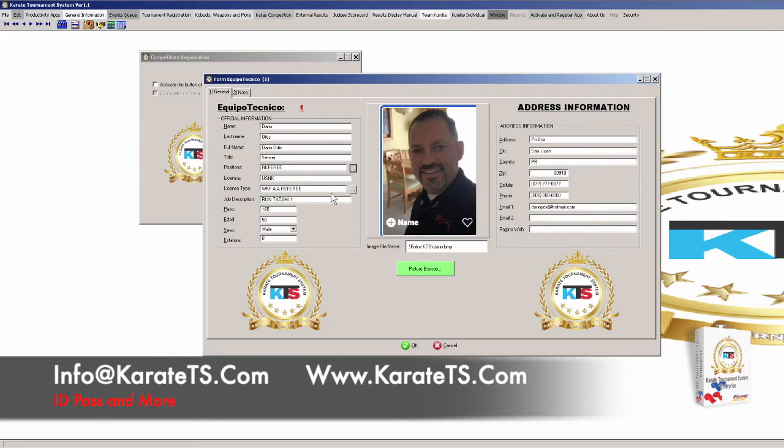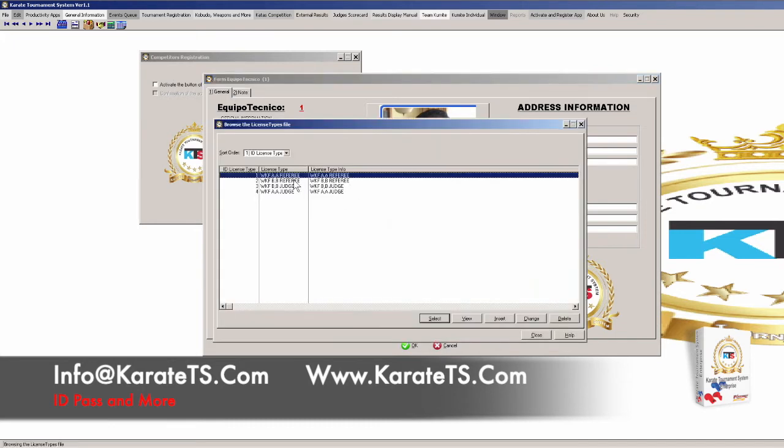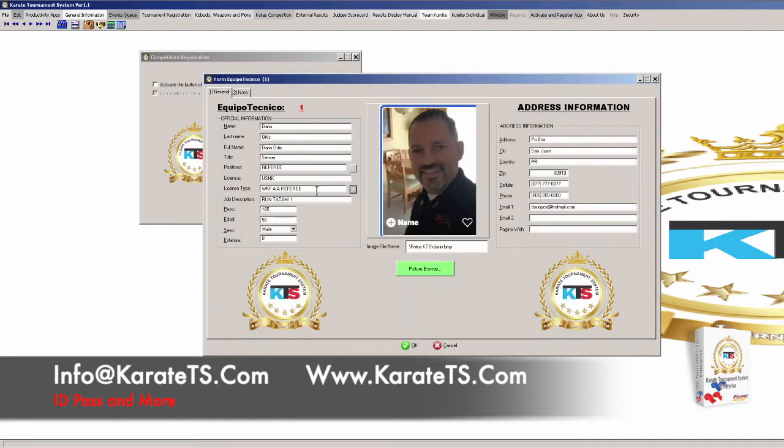It also lets you put the types of licenses. So if you want to say that they have WKF licenses or doctor's licenses or whatever type of license is required on your event, you could just have a preset of all those, so you could just pick them. And then it gives you the job description, the title description, what he's going to be doing, the age, the weight, if it is a male, his height, his address, his email information, and a picture required so that you